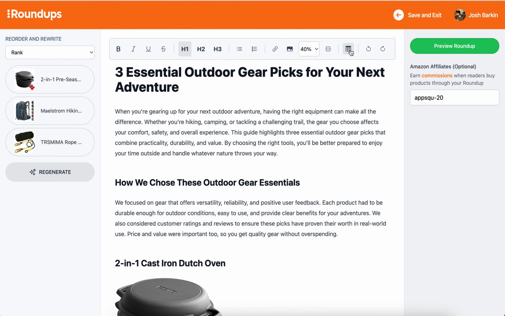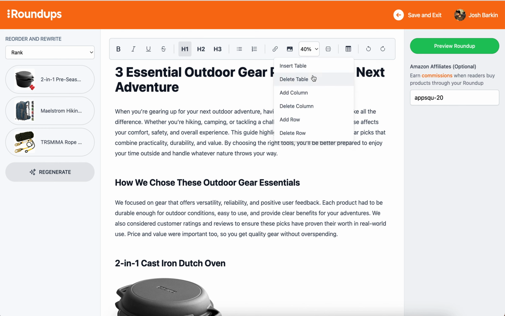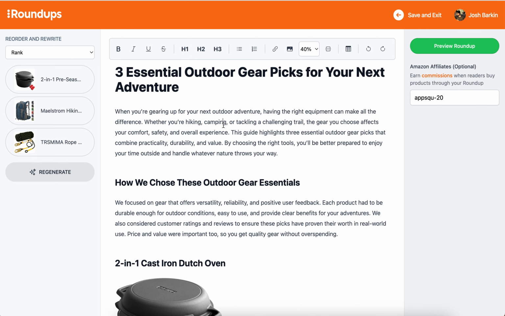And tables, you'll be able to create tables, and we're going to dynamically generate tables out of content where it makes sense to generate a table. So not all content is going to be in tables, right? How we chose these outdoor gear essentials isn't content for a table,